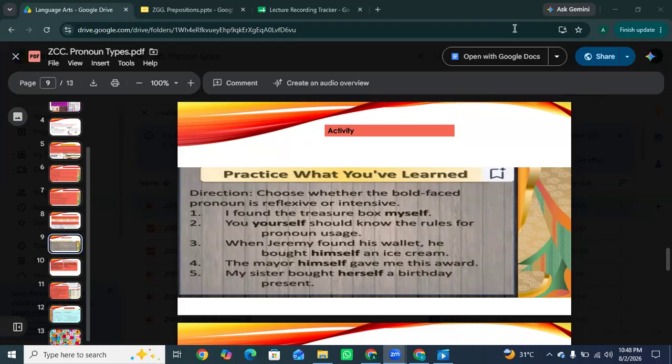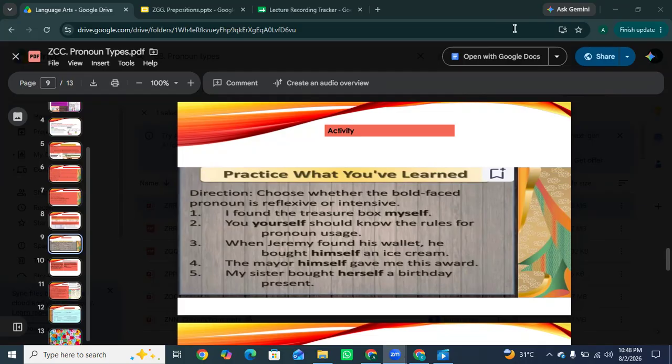Okay, so: you yourself should know the rules for pronoun usage. Yes, it is also intensive because if you remove yourself, you should know the rules for pronoun usage. Still complete. It's okay. So the next one is: